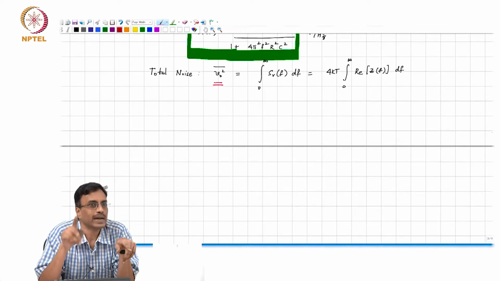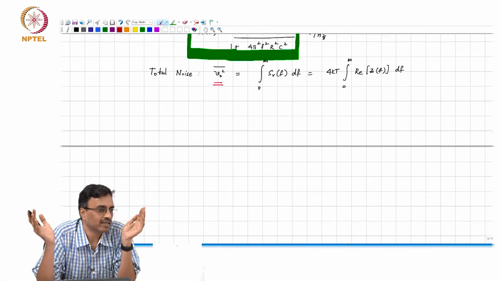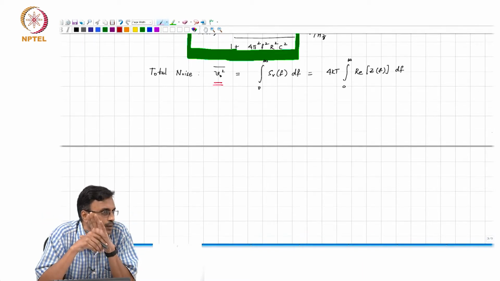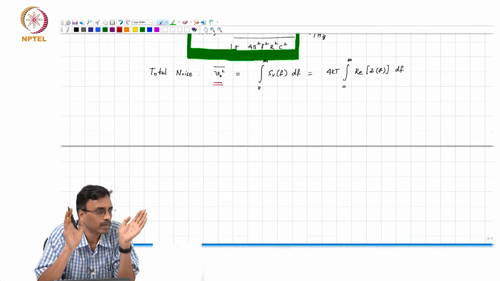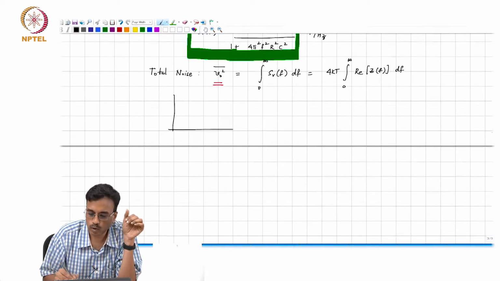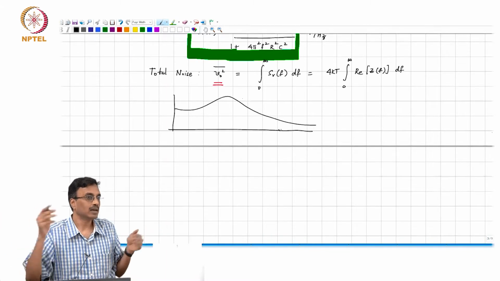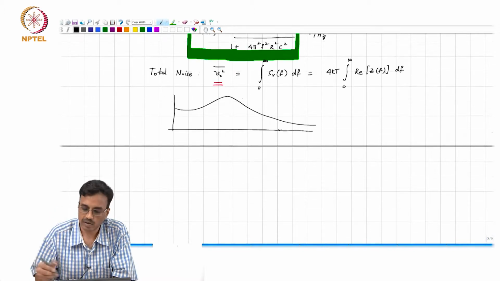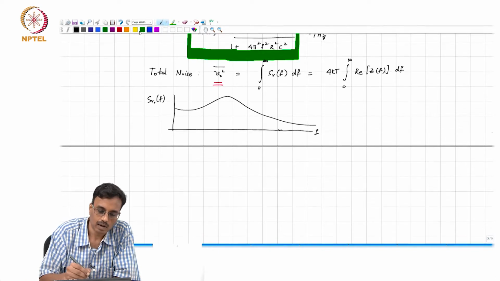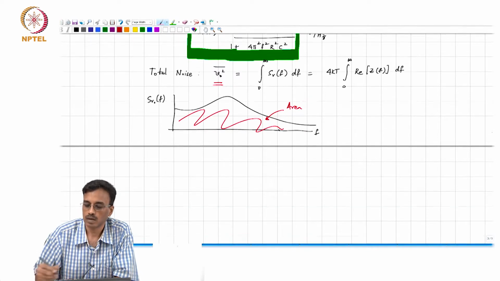Now, you have to integrate this noise spectral density across the entire frequency range, 0 to infinity, to be able to get the total mean square noise. Is this clear, people? Right. So, in other words, if you found the total noise spectral density, let us say is like this, you are basically finding the area under the curve, right. So, this is SVO of f and this is f, and basically what you are doing is finding the area here.